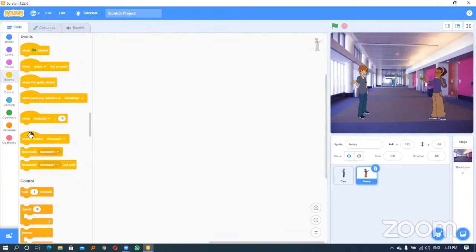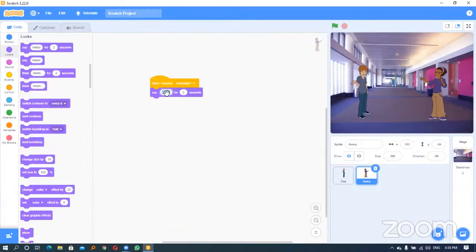Then still under Events, you say "when I receive message 1", that means that when Avery hears what D has said. Remember, D said, "hello, hi Avery." So we expect Avery to also reply. So in the code of Avery,